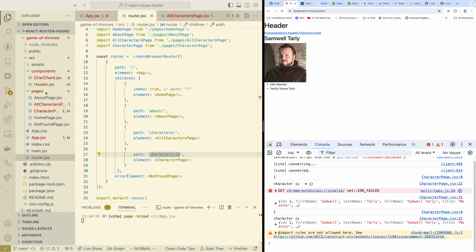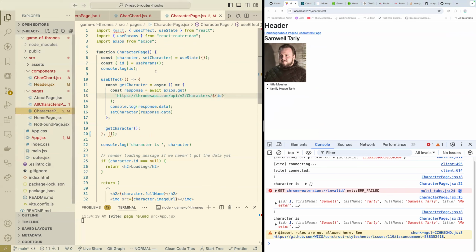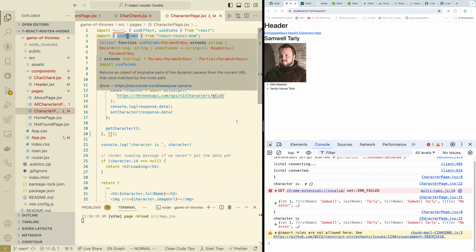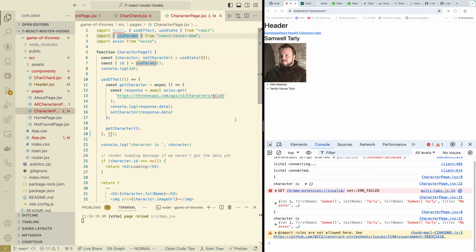and so on. And we saw how on the individual character page, I can use the useParams hook from React Router DOM to grab all of these URL params, right? And this grabs the ID. It returns an object and the property is named ID because that's what we named it in router.jsx. And then we use the pattern that we're getting more familiar with, the useEffect hook, to make an async function to do an HTTP GET request with Axios to get our character data, and assign it to the component state for the individual character,